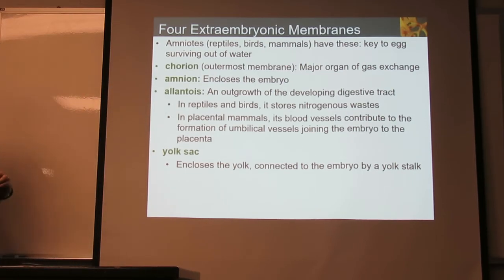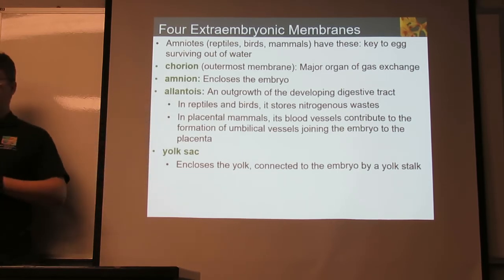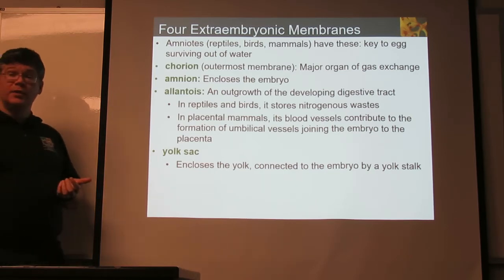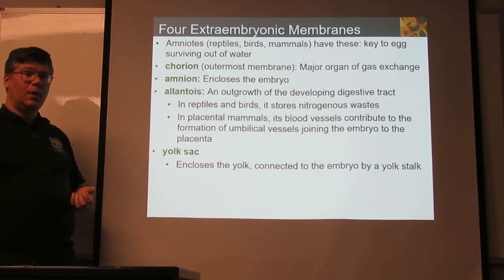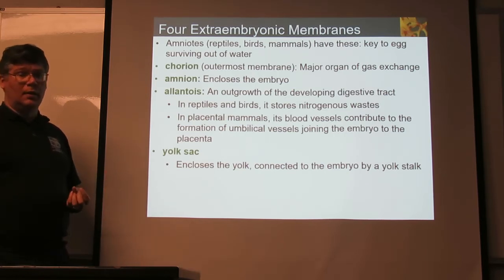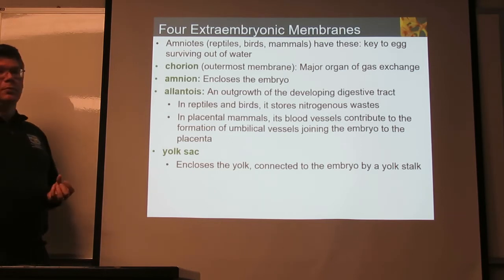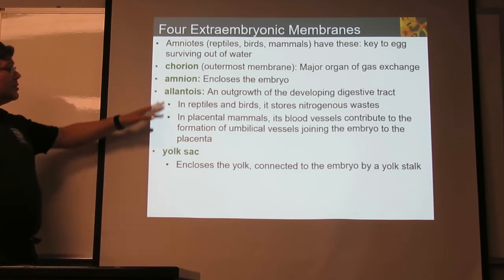In reptiles, birds, and monotreme mammals, platypus and echidna, it's a space where the nitrogenous waste can be stored. And that's a major thing the kidneys are getting rid of, mostly urea or uric acid. That's waste, get it out of the body, but, well, you're in the egg, so it has to stick it somewhere. And so the allantois